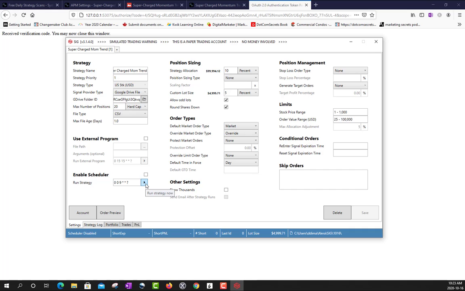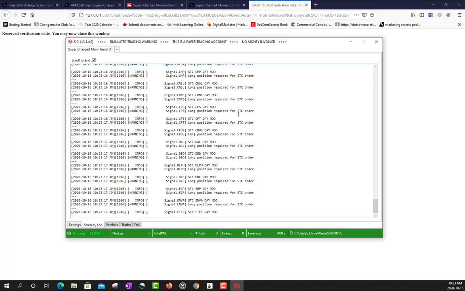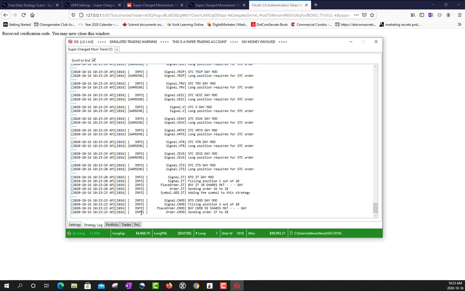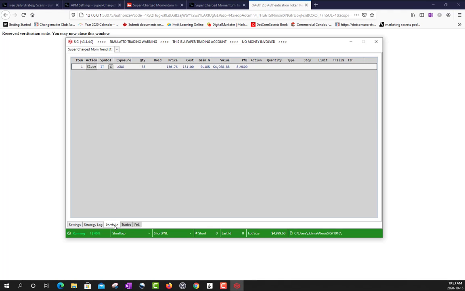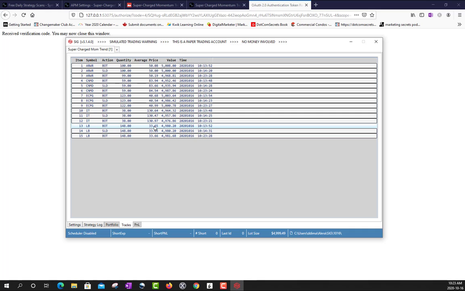I'm going to go ahead and just run this strategy, and you can see here in the strategy log tab, it's going through and it's saying, here's all my sell to close orders. I don't have anything in my portfolio, so it's going to ignore those. And you can see the stuff that it's supposed to buy is populating in my portfolio. So what it's gone ahead and done is it's just bought these in my portfolio. So now they're in my portfolio, and if I click over to trades,